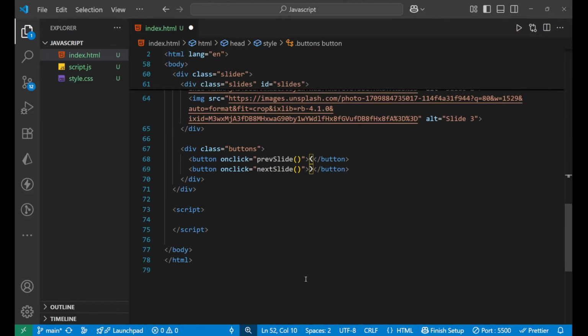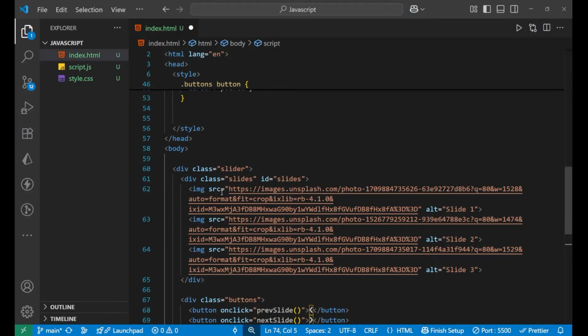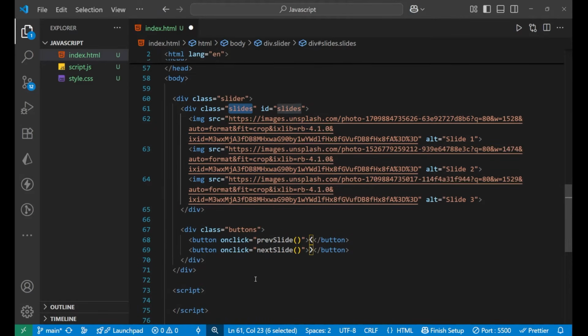Now I will write the main JavaScript part, right? So let's start the JavaScript. How will we start? In the beginning, we will get the element by ID, the slides. What is the slides? Inside of it all the images are stored, right?